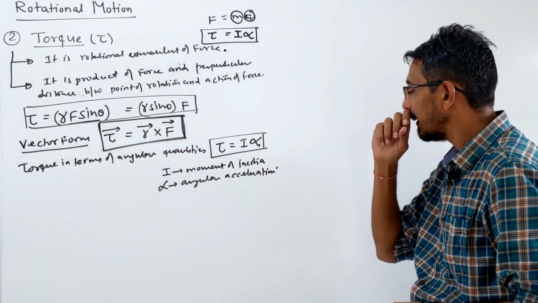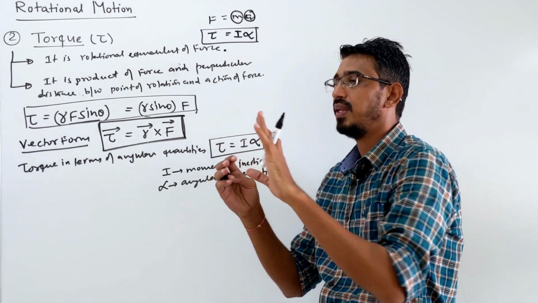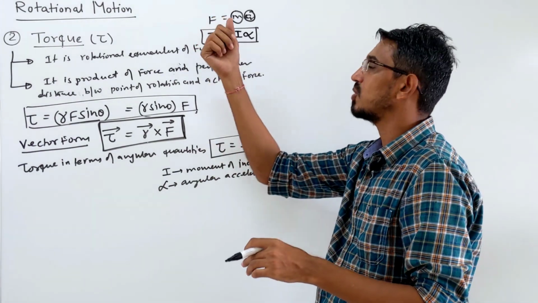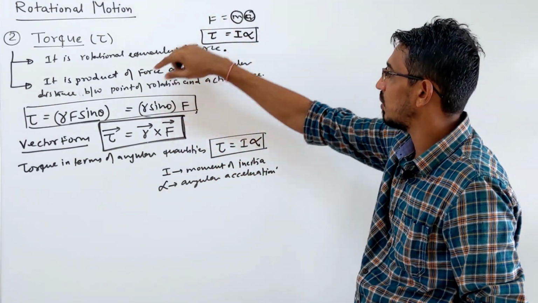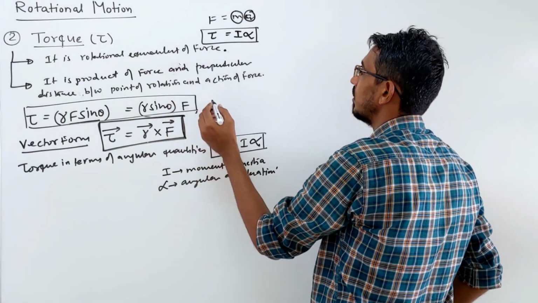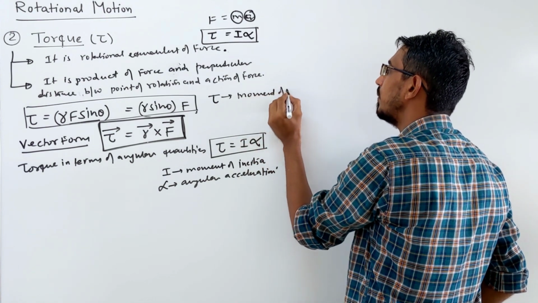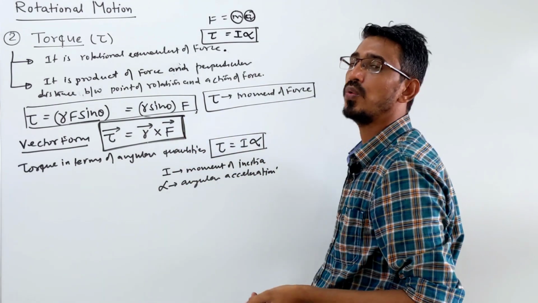Also you have to give attention: in our linear chapter we call it just inertia. Here this I is called moment of inertia. In the linear chapter it is called force, then torque is also called the moment of the force. People also call torque moment of force. This way they also say. Torque is simply the moment of the force.